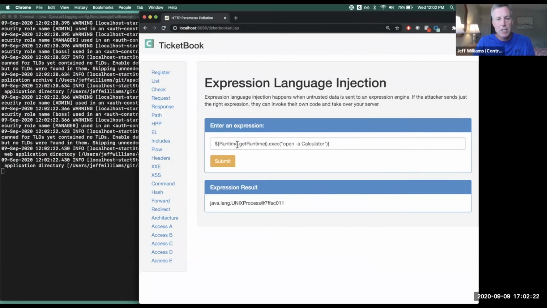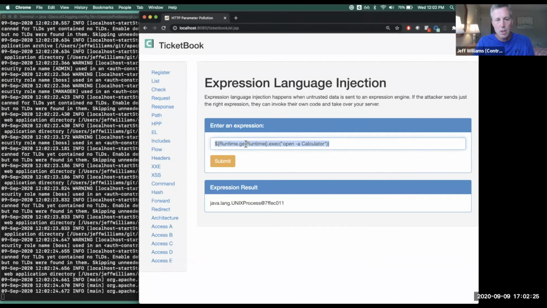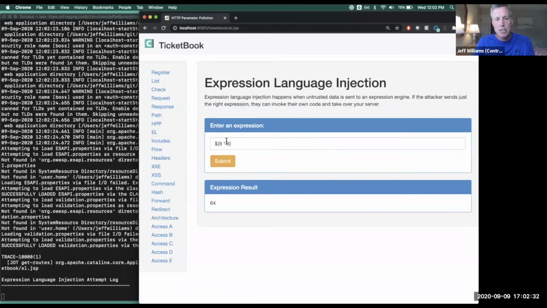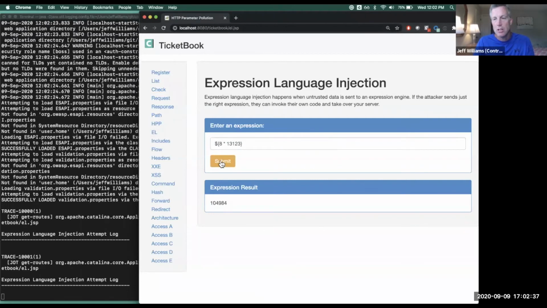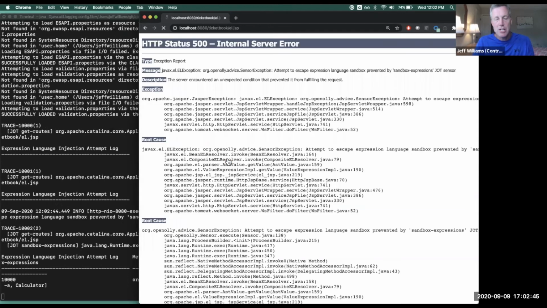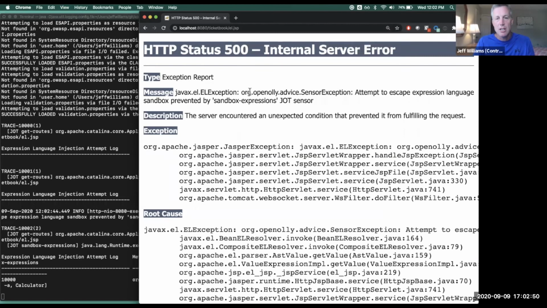And we'll go back to this. I'm going to go to this page without the attack in it first. And you can see we can still evaluate expressions here because we're not trying anything harmful. So our application will still work. But if we try something harmful, like if I put in that same attack again, that's when this jot will intervene. You can see, I'll zoom in, it said, hey, you're trying to evaluate an expression and it's prevented by this jot that we put in place.